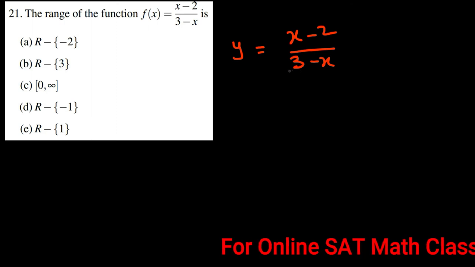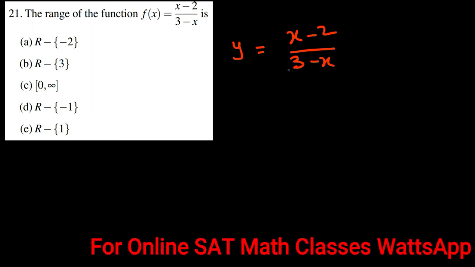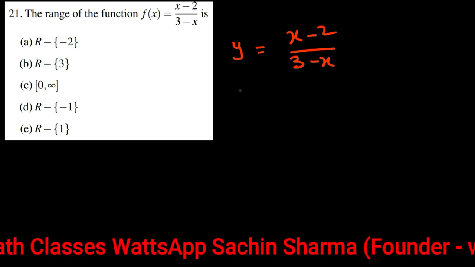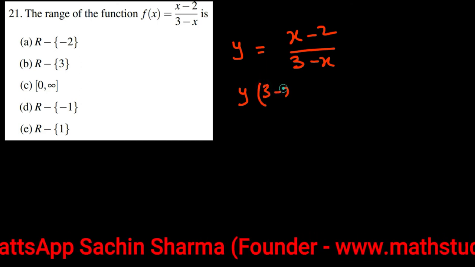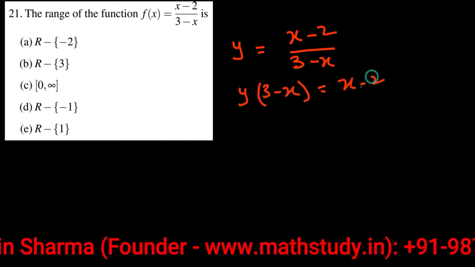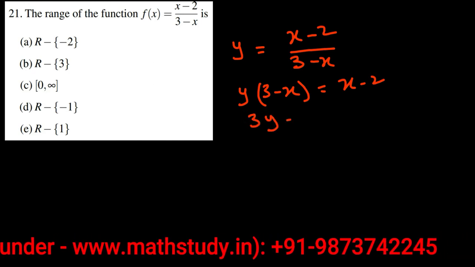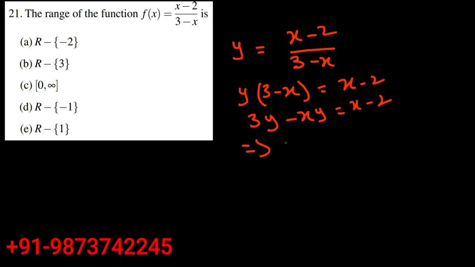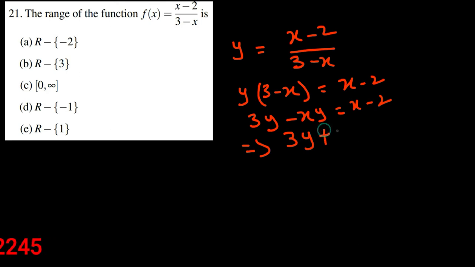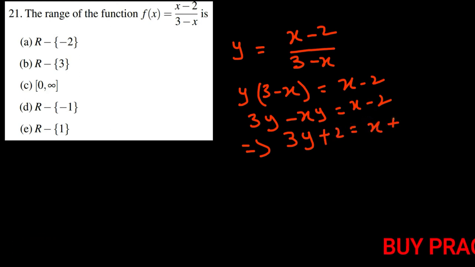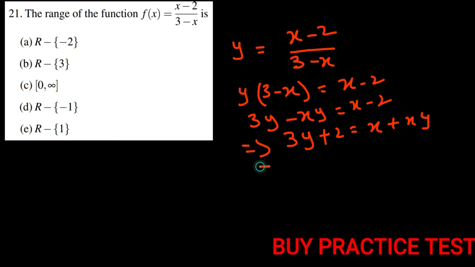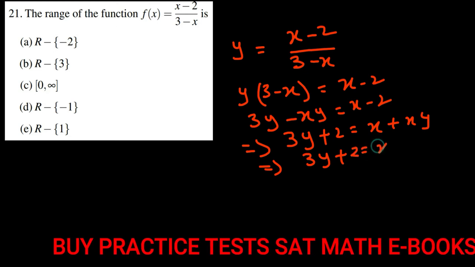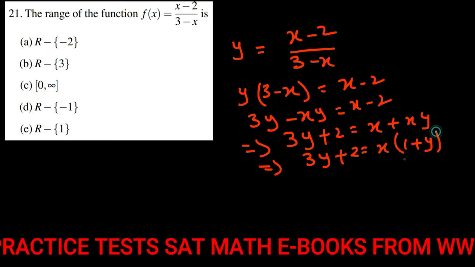So first step is to convert this function in terms of y. So let us do it first. So here we can write it this way, 3 minus x into y is equal to x minus 2, right students? So here we can write 3y minus xy equals x minus 2, right? So this further implies 3y plus 2 equals x plus xy, right students? So this implies 3y plus 2 equals x into 1 plus y, and this further implies